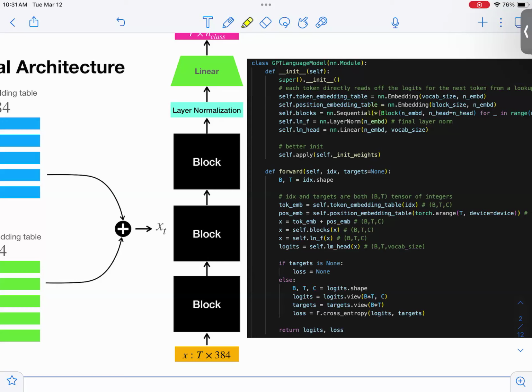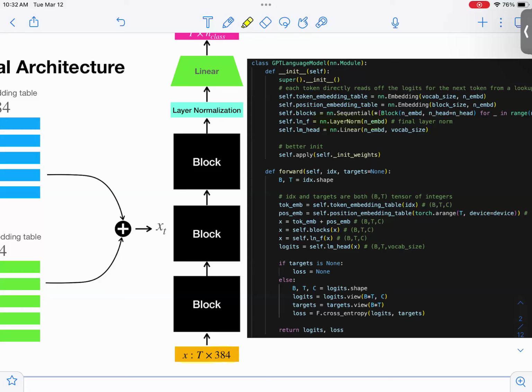So star applied to the list just unpacks the list. It's like you just pass the blocks separately into the sequential, so it's just a sequential sequence of blocks. So this is my view here. Okay, so you get this. We'll talk about this embedding that passes through a sequence of blocks, and then you have this what he calls